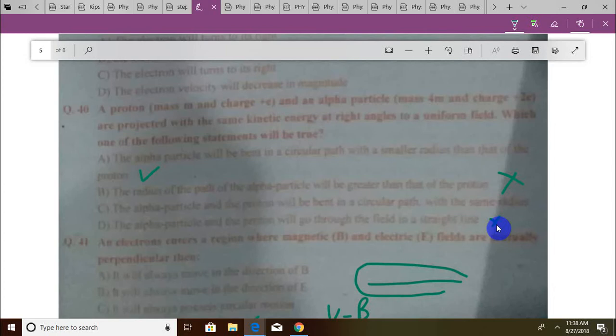And how much greater does the alpha particle have? It has 4 times the mass, so it has 4 times the momentum. It has 2 times the charge. So the other one will simply be m into v. The reason being that its mass is 4 times less, and B into q is the same, and it simply has 1 charge left. So definitely the radius will be smaller,